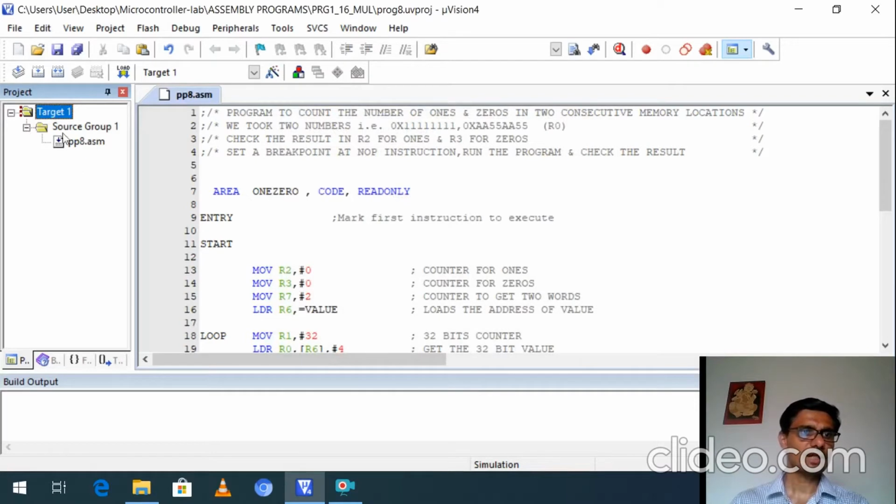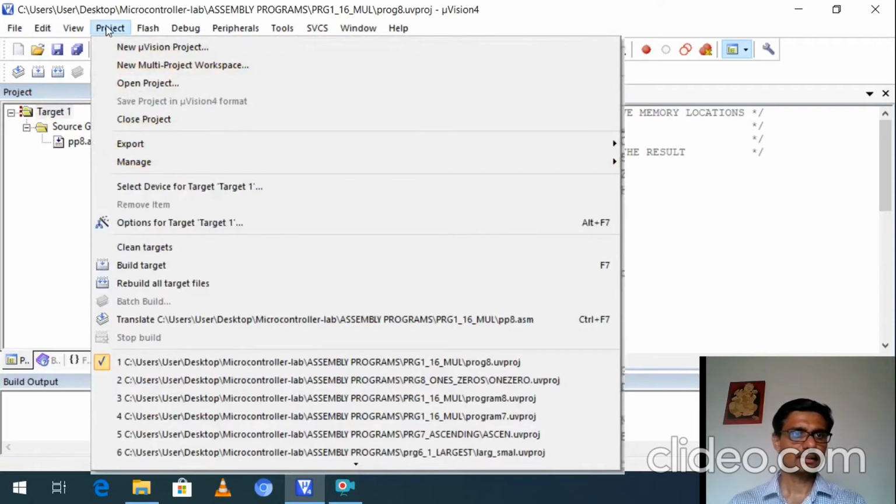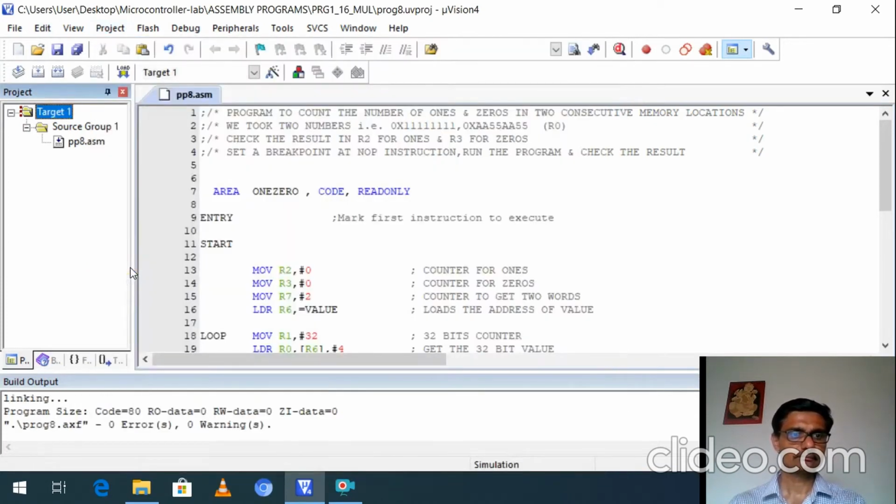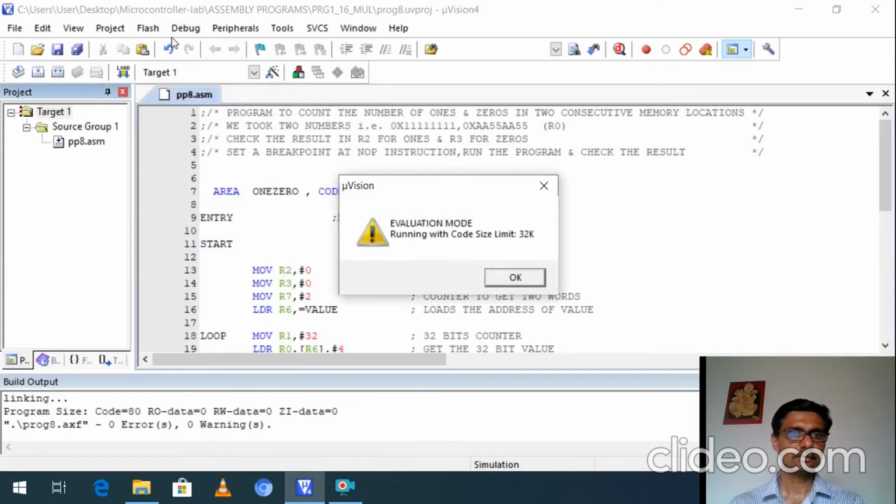So our file is added here. Next, build the target: go to Project, click on Build Target. Here you can see no error, no warning. You can also use this button here. Again there is no error, no warning. The next step is debug. Start debug.